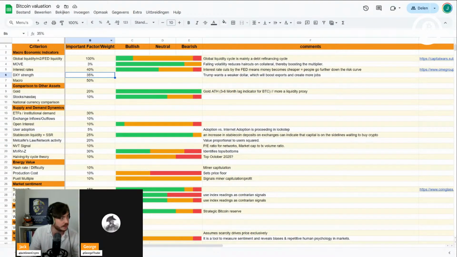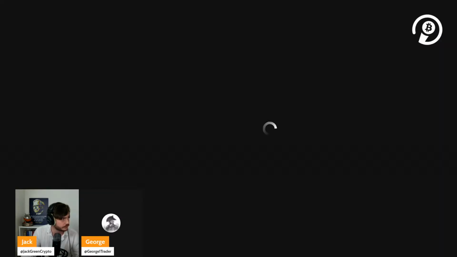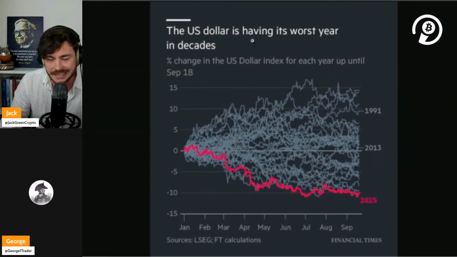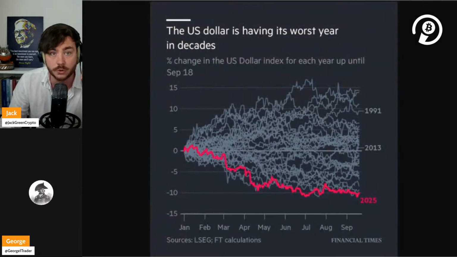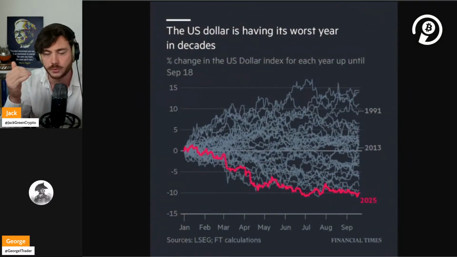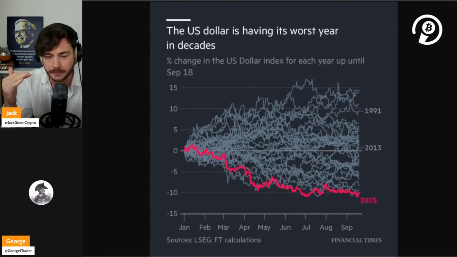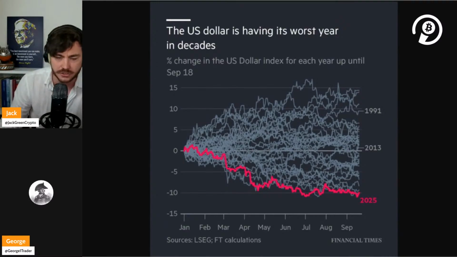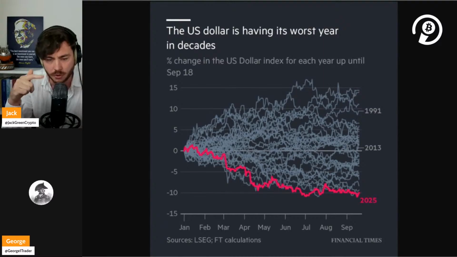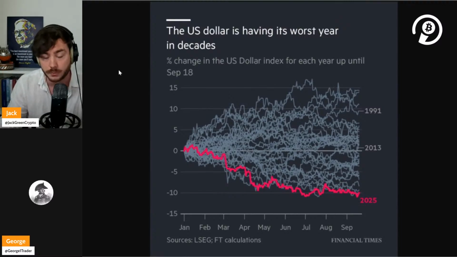Moving forward, the DXY. The DXY is going down as well, and the US dollar is having its worst year in decades. And why is this important? Well, if the dollar is low compared to other currencies, that's also good for liquidity, because the value of non-US central bank liquidity and the collateral will go up. That's why, but I don't have the chart here, you always see an inverse correlation between the DXY and Bitcoin. So when the dollar is going down, it's always good for Bitcoin. And at the moment, the dollar is at its lowest point, which should be good for Bitcoin.